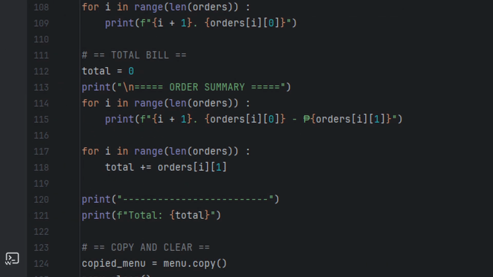This step is rather short, as we just format the order set similar to a receipt to simulate the total amount that the user ordered. This is done on line 117, which shows that for every price in that order, we add it to the total variable, which will then be printed on line 121.